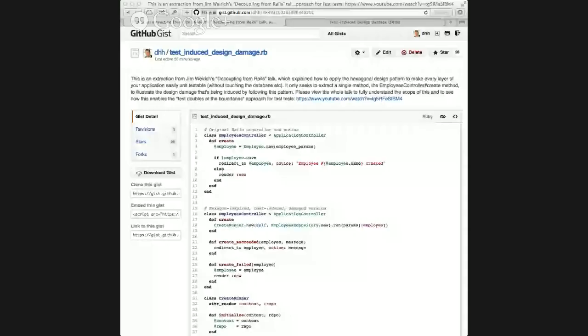So since David is the one that observed the damage, maybe you could describe a little bit of what it is you see as damage. Maybe that's a good place to start. Absolutely. We sent out in the show notes, I think there's a gist. So let me actually see if I can pull that up, because I think I can. Just one second. Yep. Okay. You guys see that?